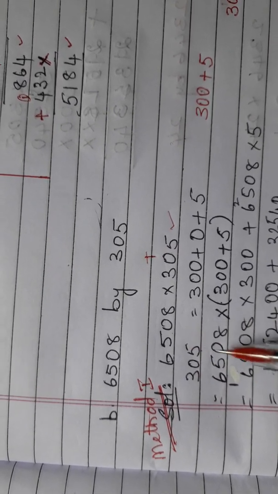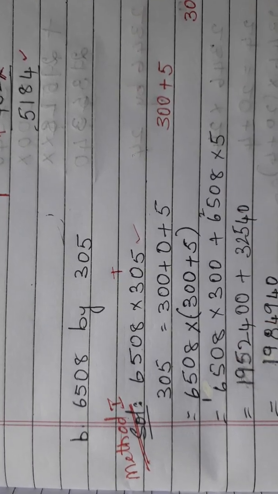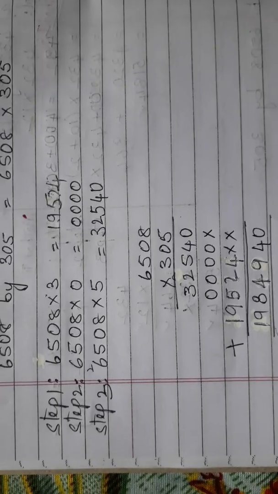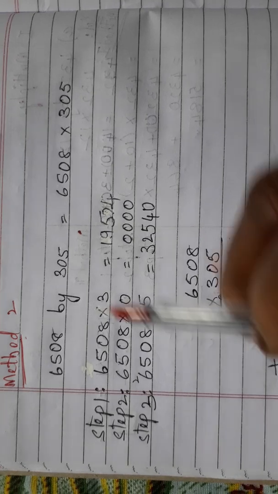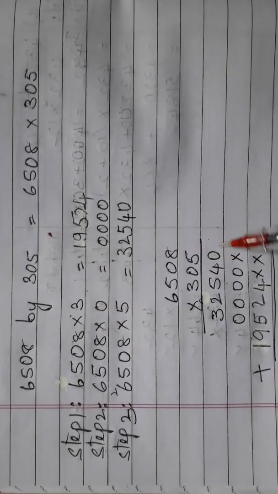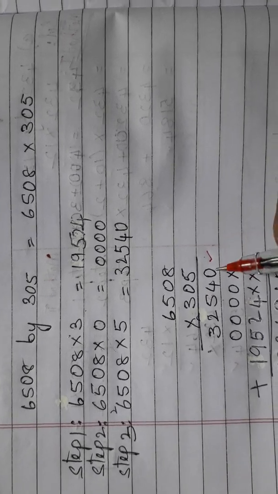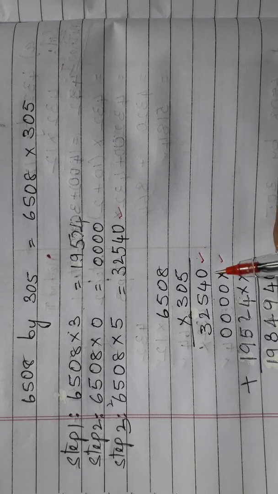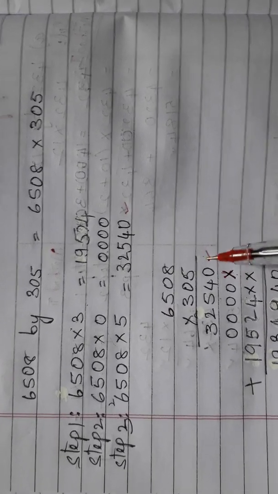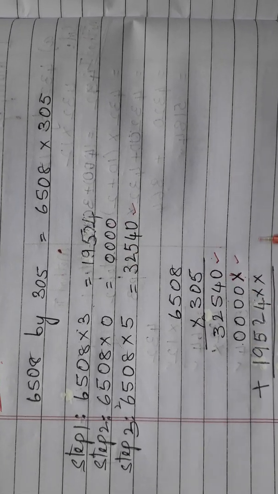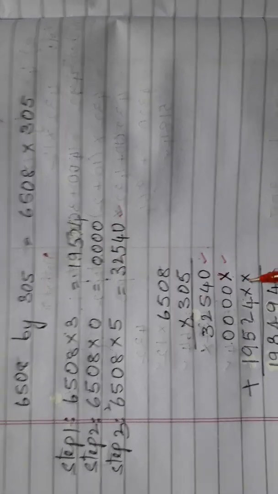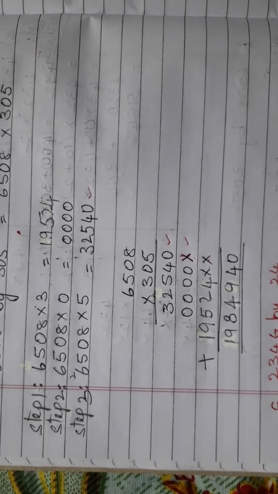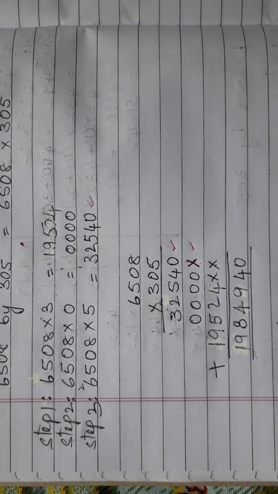Now the first number is the same. Now we will add and we will get this answer. Now see this method 2. We will multiply separately and start writing one by one in a line. Now with 5, this is the answer. Now with 0, again the first place will be x and write all zeros. Okay. Now for the third line, keep 2 x's and write the remaining number, and this is the answer. Now you can compare, both will be the same answer.